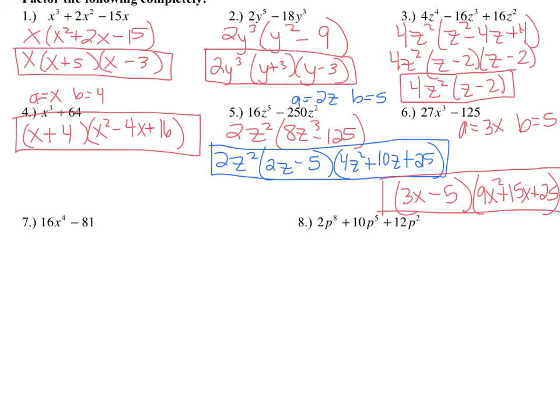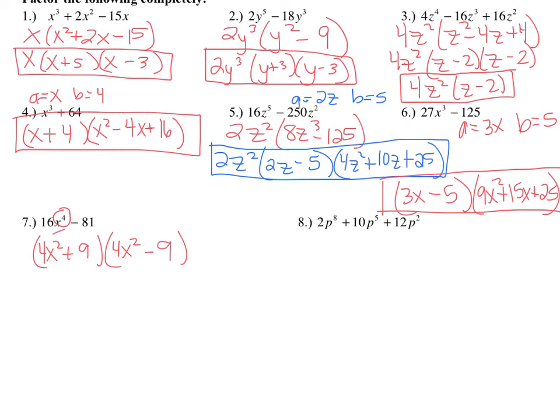Alright, number 7. Well, this time it's a difference, but it's not a cube. It's a fourth power, so that tells me it's probably going to follow the difference of squares pattern. Unfortunately, I don't have a GCF other than 1. So I'm going to jump in and try difference of squares. So I'll take their square roots and make it 4x squared plus 9, 4x squared minus 9, and check and